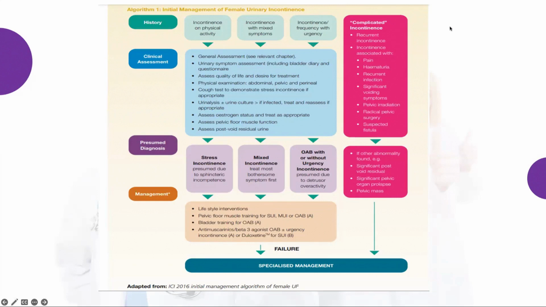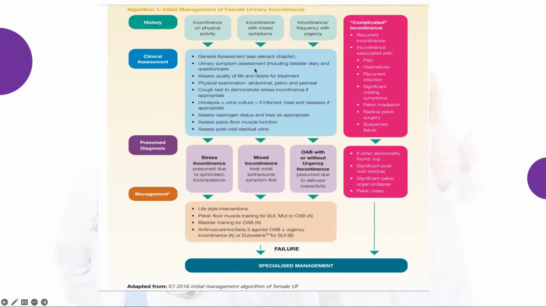Okay. All right. Then we have discussed this part also again, that clinical assessment is our general assessment. Then urinary symptom, as was said, the urinary bladder diary, that is a questionnaire, if the patient is coming at the GP level. Okay. So in your exam, the patient has already been to the GP and now the patient is coming to you because now you are at the specialty level. Okay. So the bladder diary, if the patient is coming for the first time to a doctor,